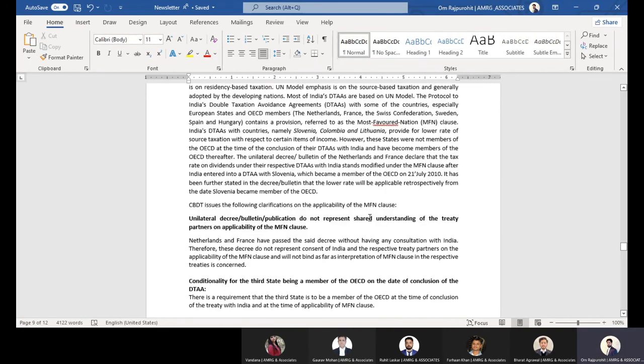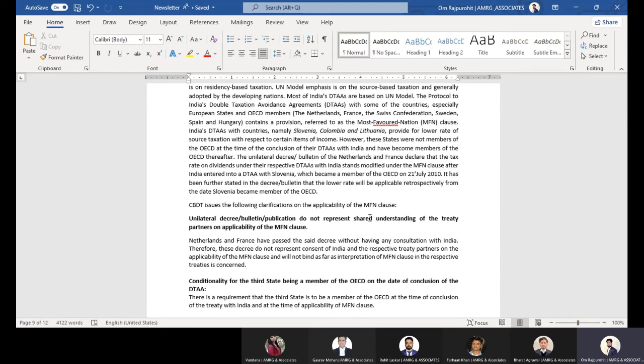So there was one high court judgment. Why was there a need for this circular? Because there was one high court judgment in the case of one Netherlands entity. This was not so relevant previously because the dividend was exempt in the hands of the receiver, but now the dividend is taxable in the hands of the receiver and the companies are also liable to withhold taxes. Accordingly, dividend is taxable in India at 20% as income from other sources. But in some treaties, the rate is 10%. In the India Netherlands treaty, the rate of dividend tax is 10%.